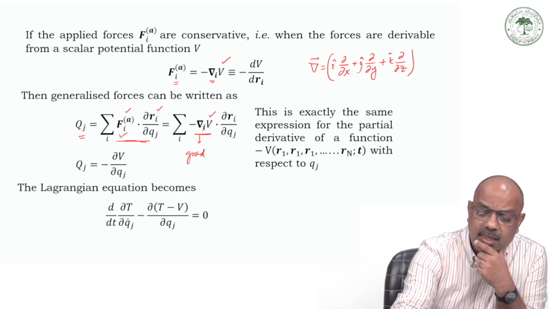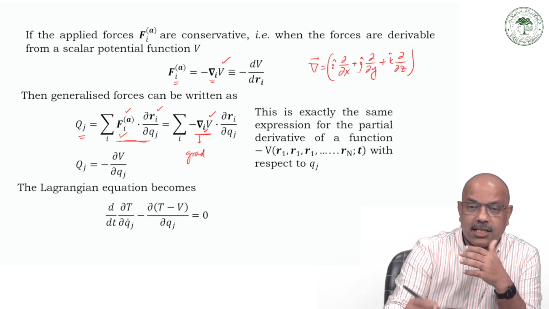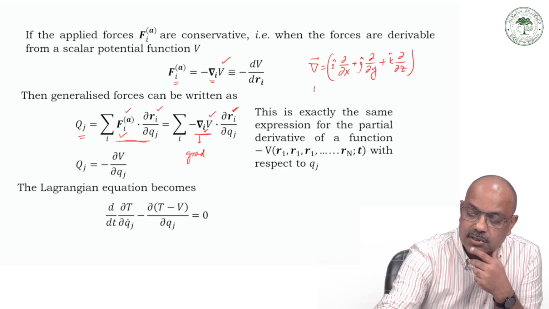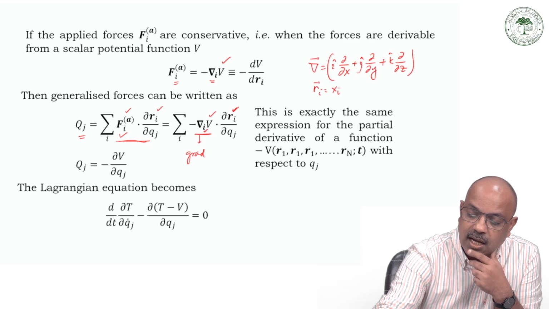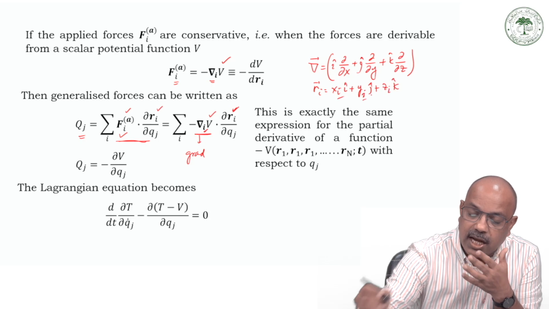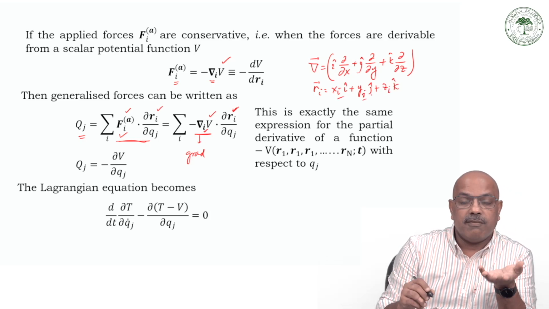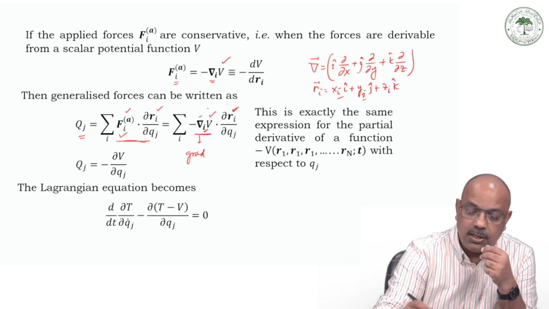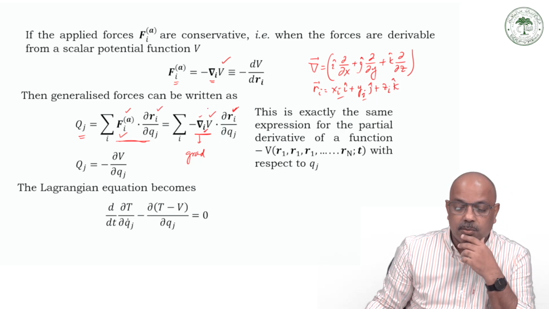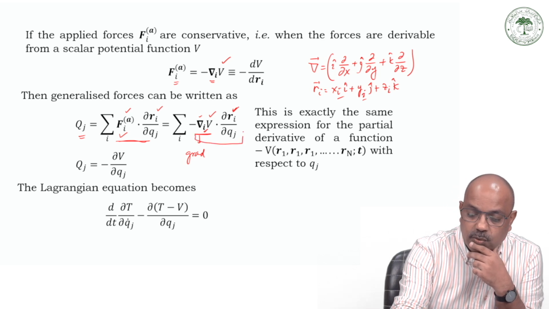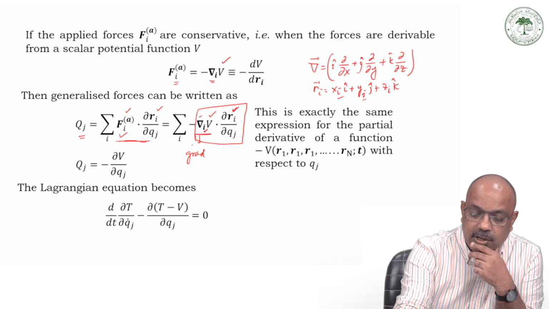So this acts on the ith particle, whose position vector r_i is given by x_i i plus y_i j plus z_i k. So this is the position vector of the ith particle, with x component, y component, and z component. This is going to be the corresponding potential, and this whole expression can be written as